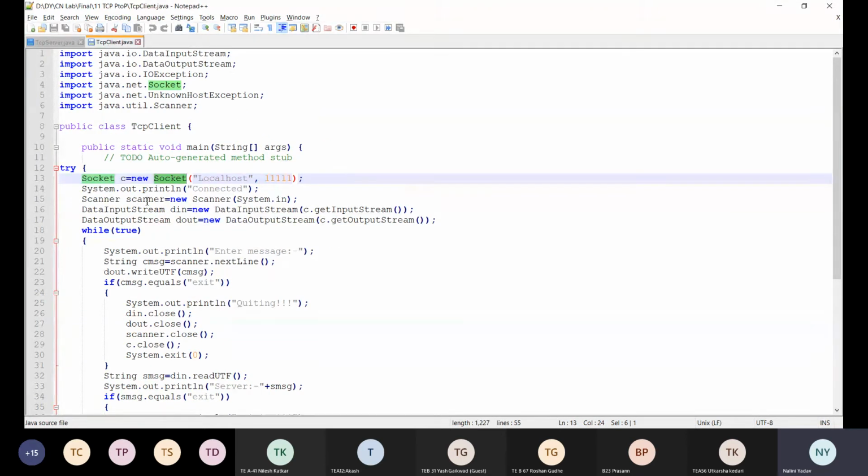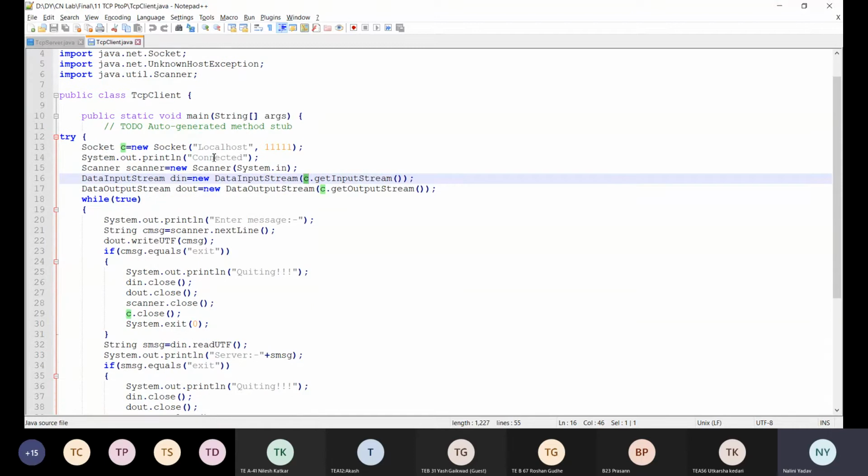The same is happening at the client side also. At the client side also, I'm creating a DataInputStream object and DataOutputStream object related to a socket. So now there is a virtual pipe created between the client and server by using this DataInputStream and DataOutputStream. Correct? Now the task of the server and client is, this is a peer-to-peer chat. Chat means one is sending a message, another is replying back with a message, and the chat goes on between the client and server.